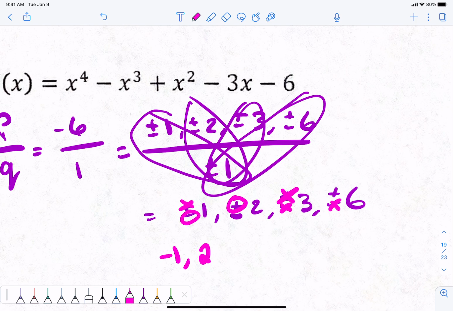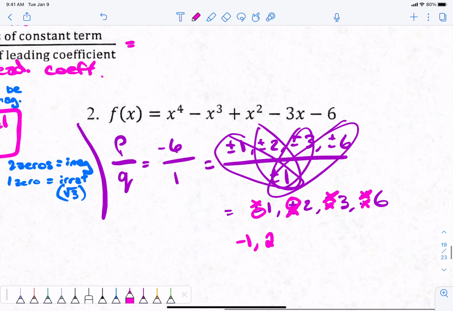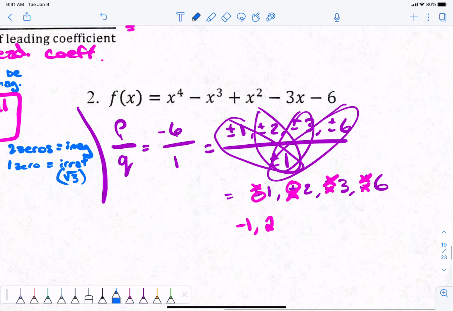+6 also does not work. Okay, so none of those work. So the only rational ones are -1 and 2, right? How many should this guy have total? 4. He should have 4, but we only got 2 rational ones. So the other 2 are either